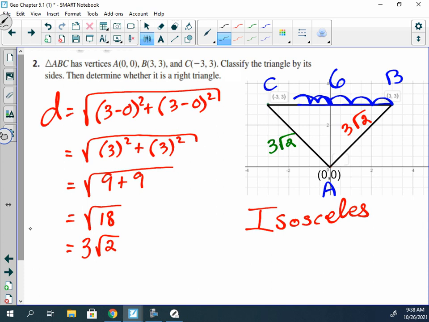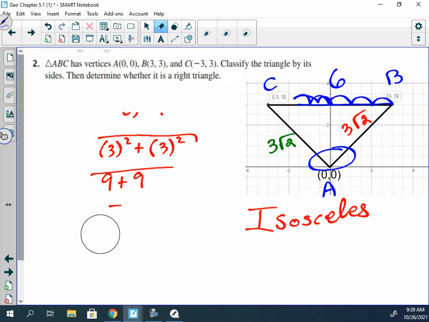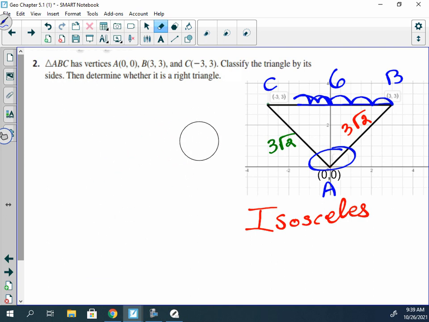Now we need to determine if it is a right triangle. Well, looking at these three angles here, this here is where the biggest angle is at. So most likely, if it's going to be a right triangle, it's going to be there. And to determine that, we just need to find the slopes of the two lines that intersect at that point. And we can do that with the slope formula. So we can go